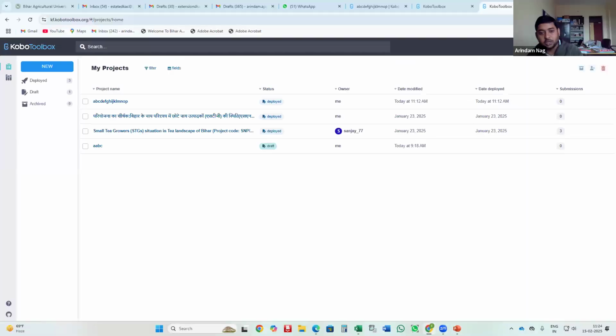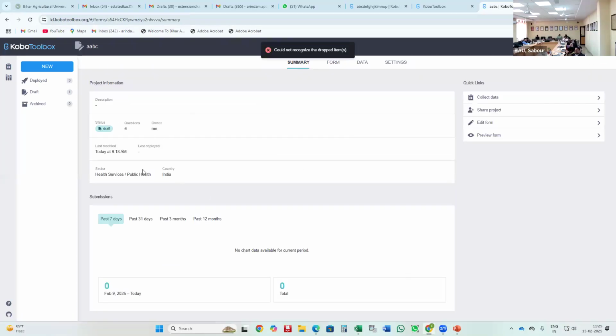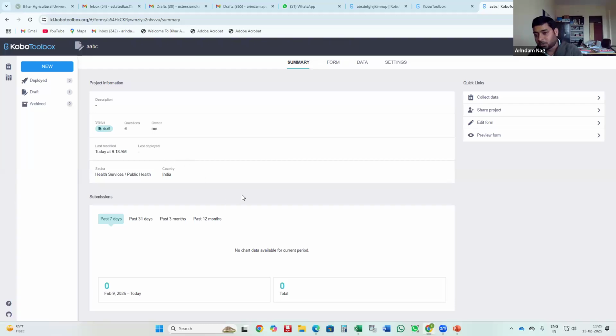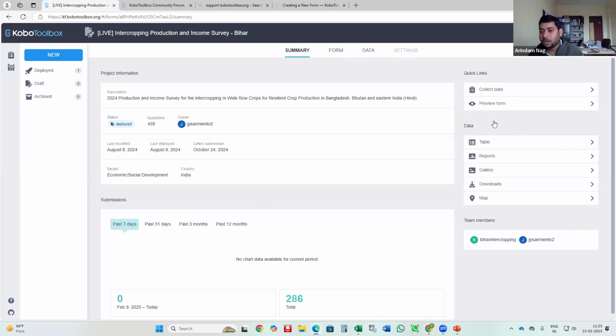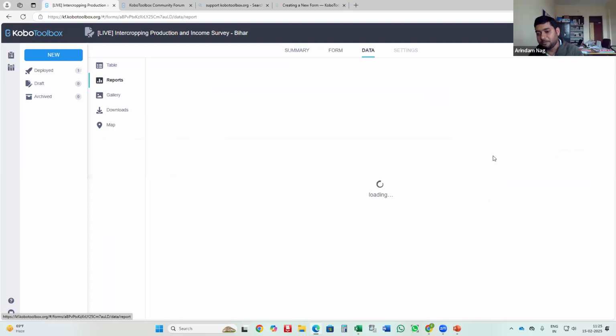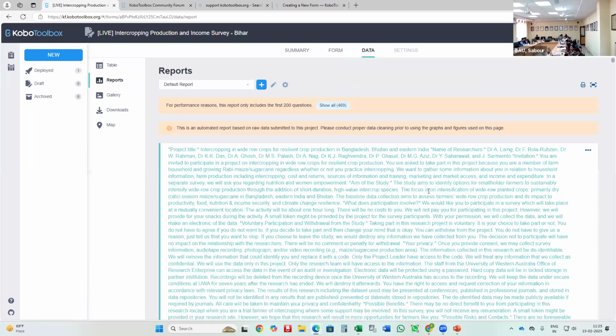फिर आपको आपके लॉगिन के इंफॉर्मेशन में जो भी प्रोजेक्ट आपने रन किए उसमें क्लिक करेंगे तो उसमें ये समरी में दिखाएगा कितना क्वेश्चन है, किसने जमा किया है, कितना क्या है। इधर रिपोर्ट्स एक ऑप्शन है, डेटा के अंदर रिपोर्ट है, रिपोर्ट ऑप्शन में जाएंगे तो ये रिपोर्ट दिखा देगा जो भी रिपोर्ट आपको चाहिए।